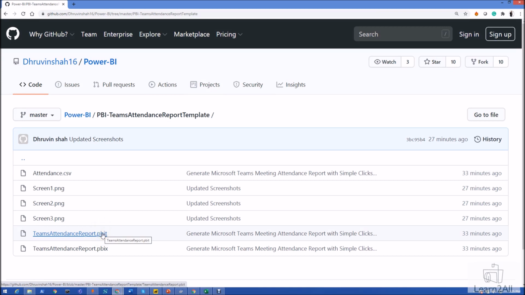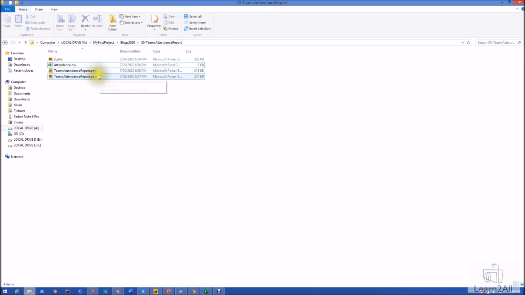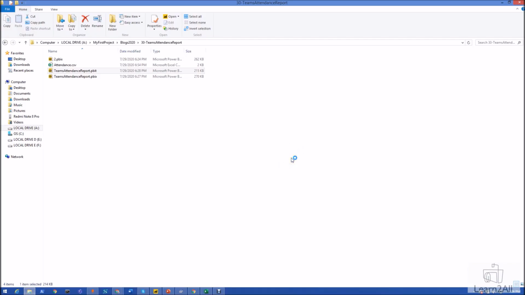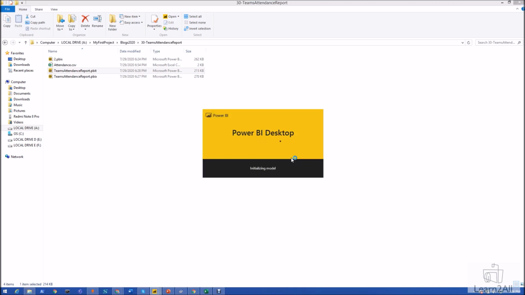Right, now you need to do the third thing. Once you download this PBIT file, you need to open it in Power BI. Let's say I downloaded that file, so I am just double clicking on it. Just double click on your file. Once you open your file, it will prompt this type of pop-up for us. So let me open that file.